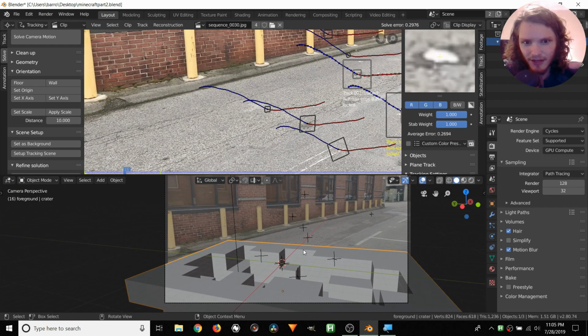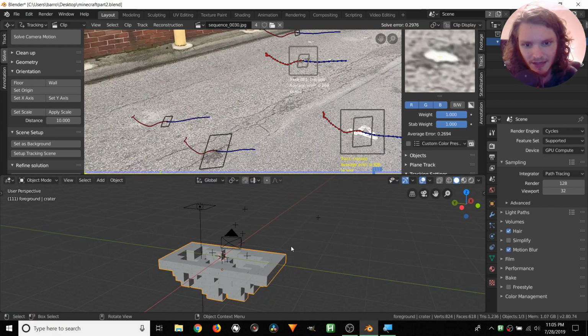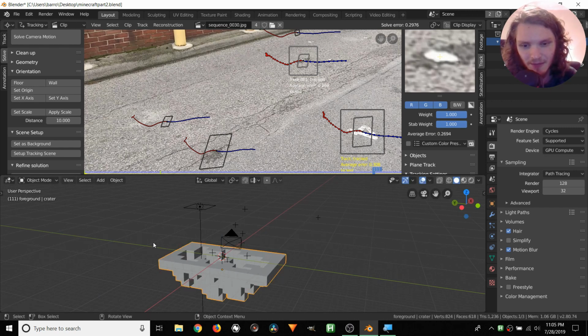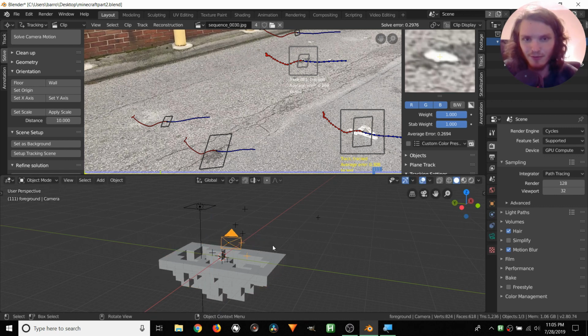But now we want the crater to kind of be rotated so that it's going along the alley. And we can obviously rotate this as an object, and what I'm doing here is rotating along the z-axis. Or what's even better is keeping this as is because it's already nicely positioned and rotating our camera around. So it's either moving the object around the camera or the camera around the object. Effectively, they do the same thing, but one is a bit tighter.